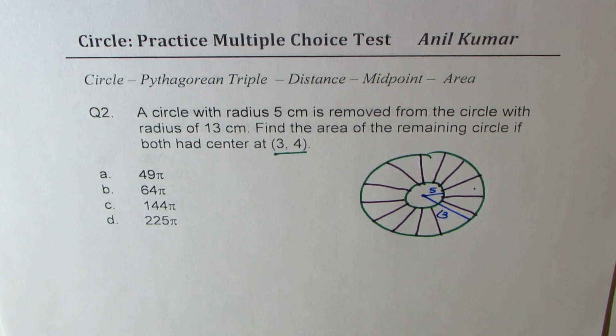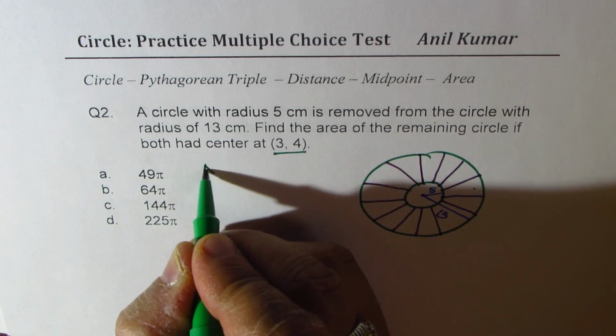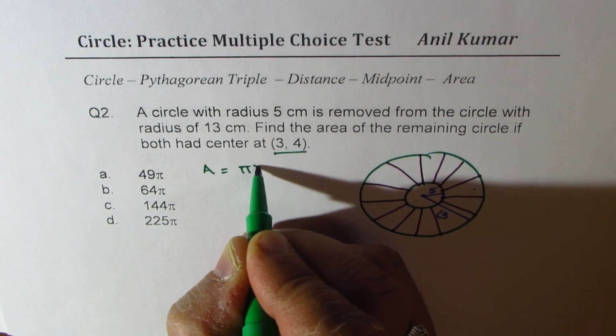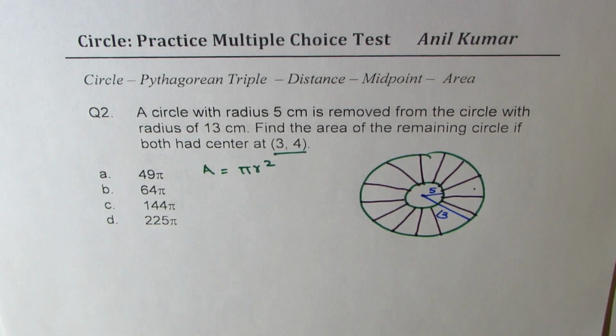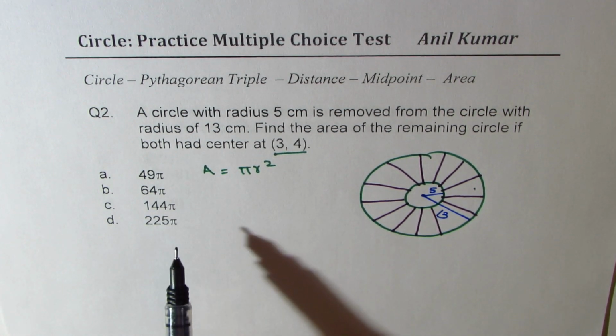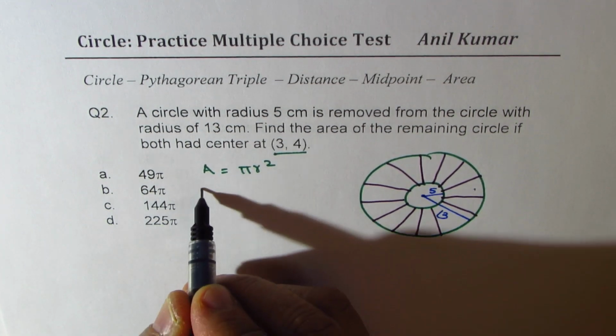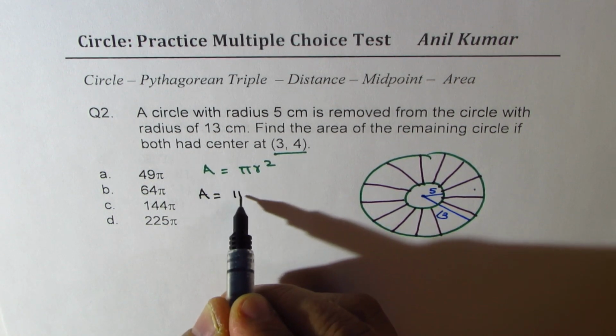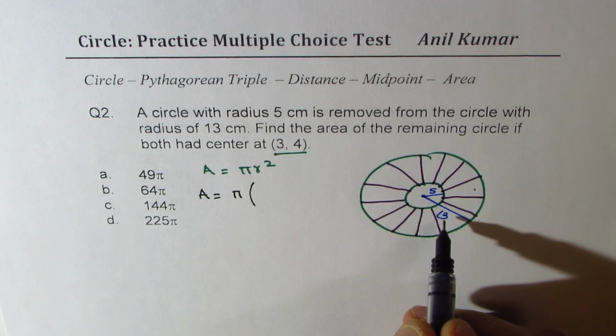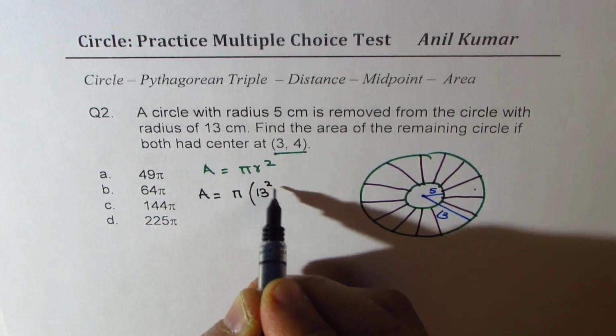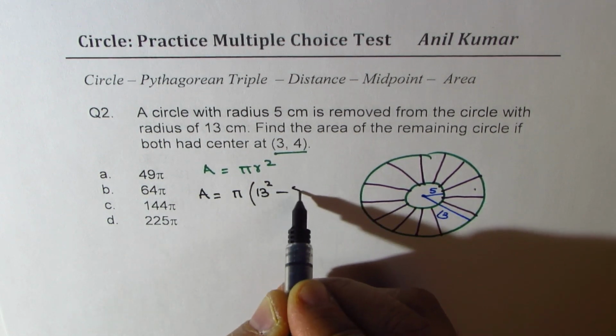The formula for area is pi r square, right? So for circle, area is pi r square. Now you are not given the formulas for ACT. You have to remember them. That is very important. So make a list of formulas. Remember before getting into this test. So the area of the portion left will be pi times radius square, which is 13 outer, minus 5 square,